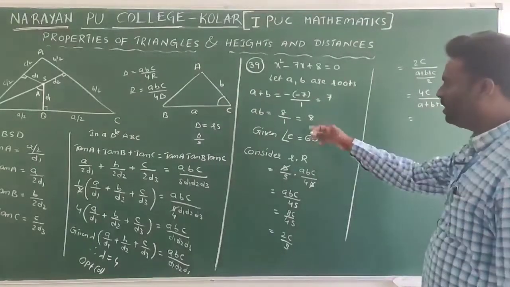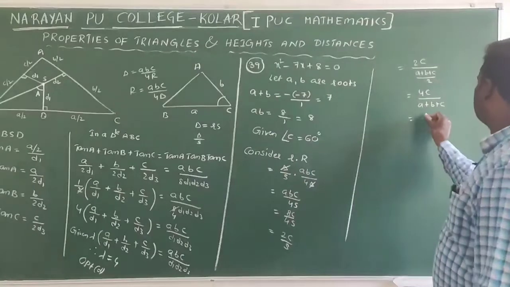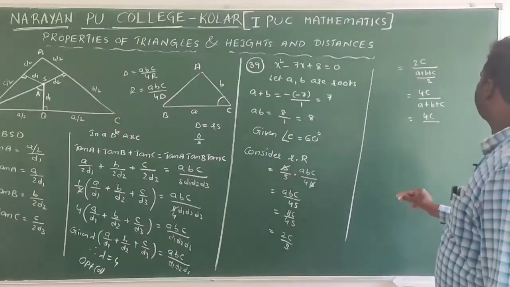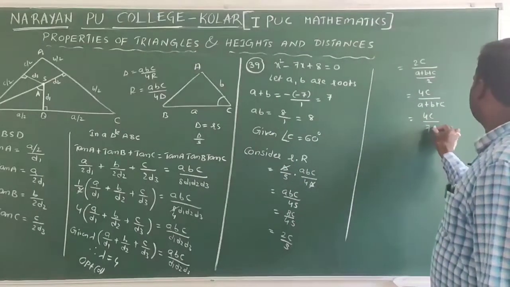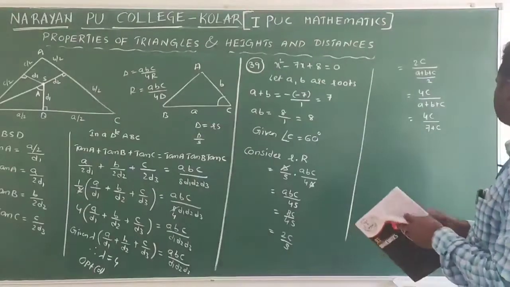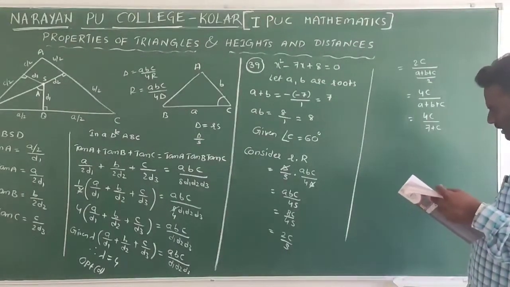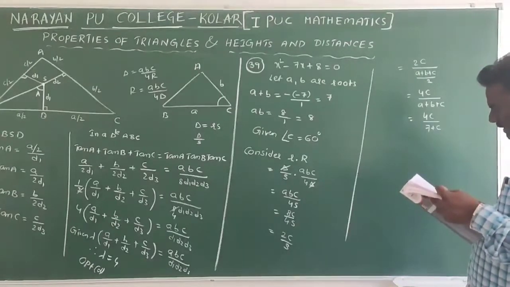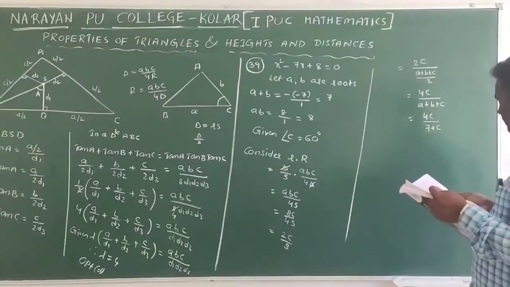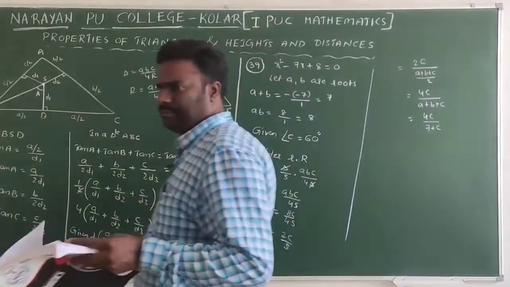Already A plus B value we know is 7. Substitute: 4C by 7 plus C. But 4C by 7 plus C is also not given. We need to use the given values. That's why